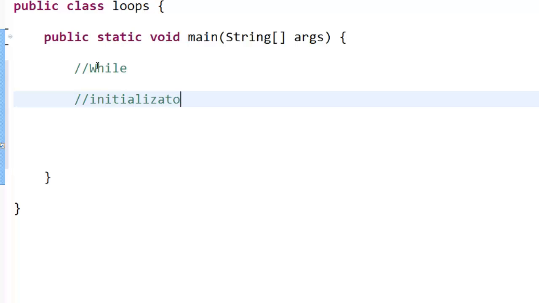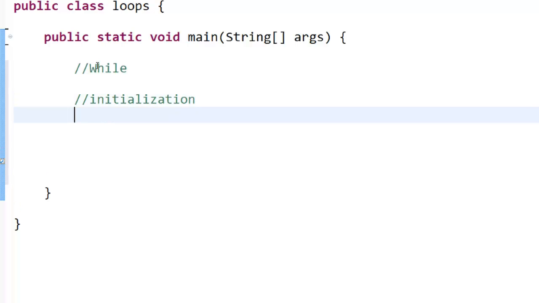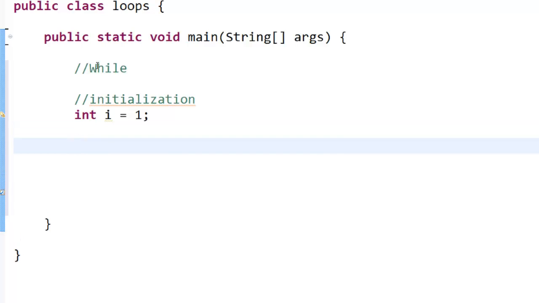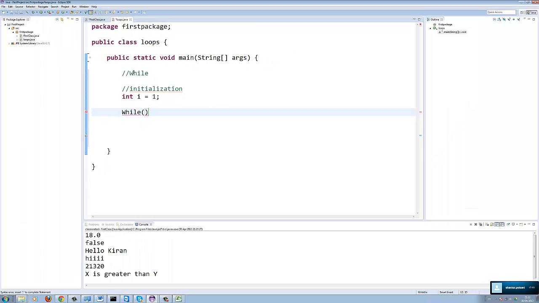Initialization. So how do you initialize something? Initialize means give a value to it. So integer I is equal to 1. This is called initialization. We are just saying I is 1 now. Okay. So now my loop starts with a condition while, and now the condition. What is the condition? I'm saying while I is less than 10,